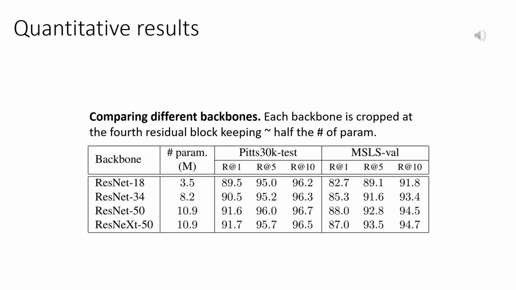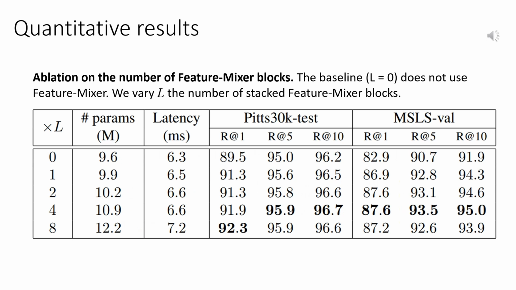Our technique is efficient and requires at most half the number of parameters compared to existing techniques because we are cropping the backbone CNN at the middle. In an ablation study, we show the importance of feature mixing. We see that introducing only one feature mixer improves recall at 1 by 1.8 points on Pittsburgh and 4 points